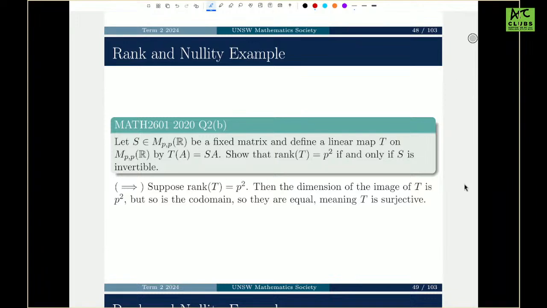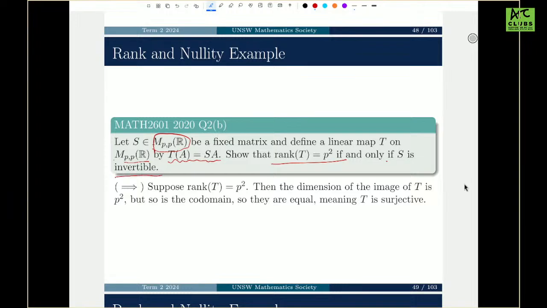Okay, so suppose we have some fixed matrix S in a P by P space. To find a linear map from this space of matrices, like so, just multiplication by S. Okay, show that rank T equals P squared if and only if